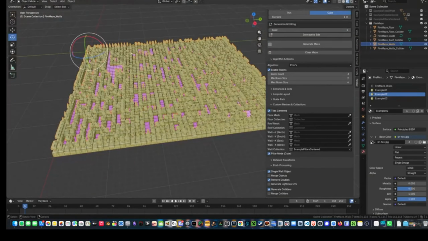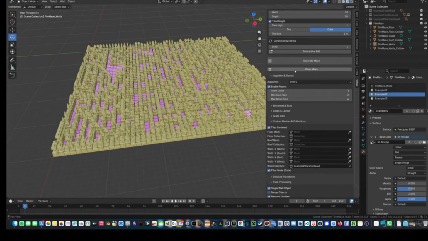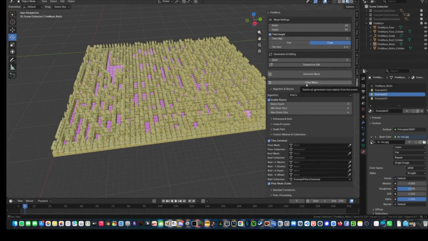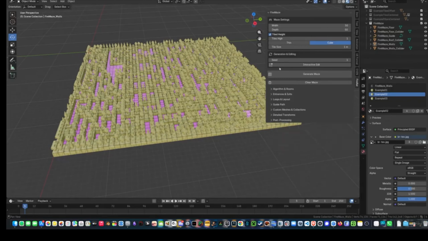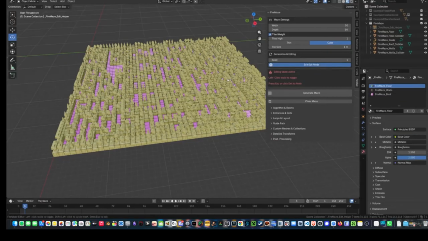Go back to object mode, and then on the maze panel itself, the FireMaze, there's an interactive edit above the generate maze. Above generate. Okay. Interactive edit. Yep. So now if you were to just click on a wall or on a floor piece on the maze,